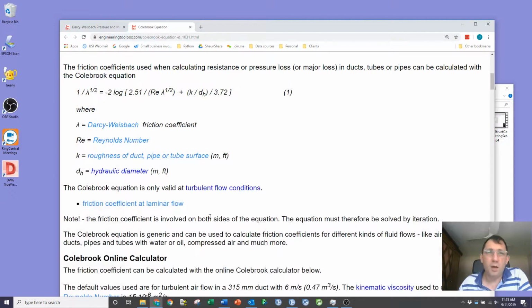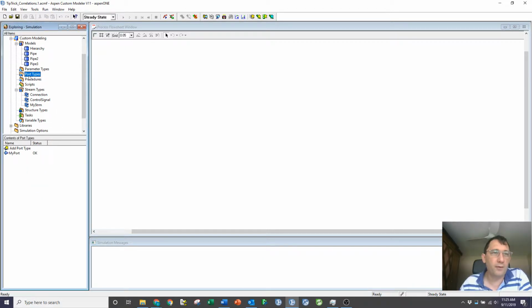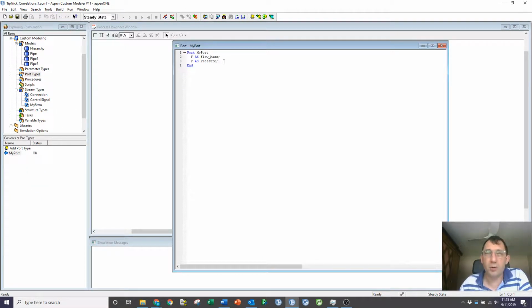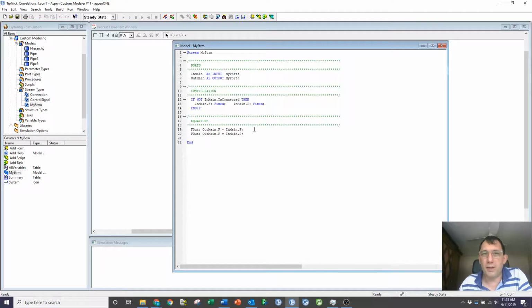Coming into ACM then, I've set myself up with a very simple environment. My port that I've defined has just pressure and flow. I'm forgetting about composition, temperature, enthalpy for now, just for the purposes of this demonstration. And my stream is a very simple in equals out calculation, but the one thing I've done is to make the model square. I'm taking advantage of the structure of the system so that if the inlet is not connected, then I fix the flow and pressure by default. That just makes my whole model square. I'll talk about that a little bit more in video 13 if you're interested.